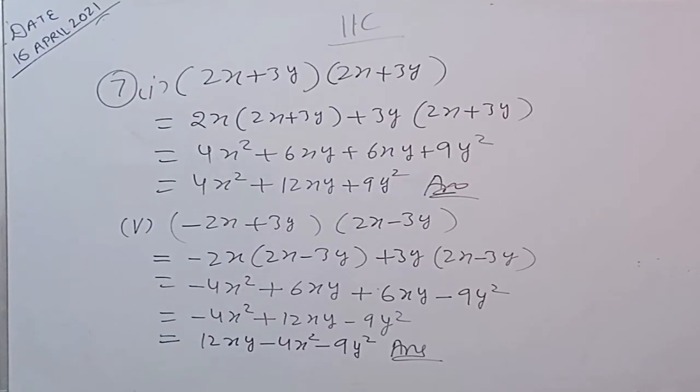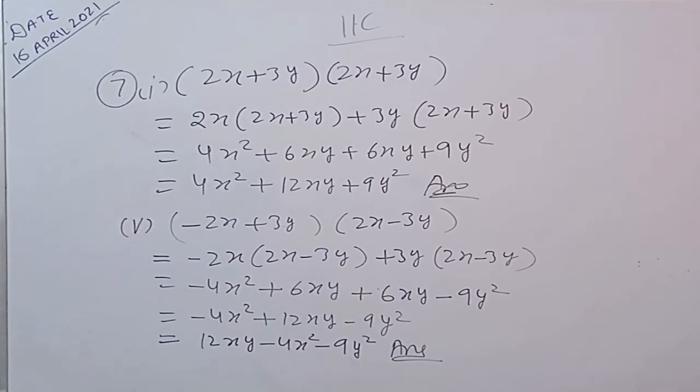Children, I am taking question number 7, first part. (2x + 3y)(2x + 3y) multiply together. In that manner, 2x(2x + 3y) and 3y(2x + 3y). Multiply together, 2x into 2x give 4x². 2x into 3y, 2 3 is 6xy. 3y into 2x give 6xy. 3y into 3y, 3 3 is 9. y into y give y². Remember it, when we multiply same variable with the same power, power will add together, so y into y give y to power 2. So answer is 4x², 6xy plus 6xy give 12xy, plus 9y².